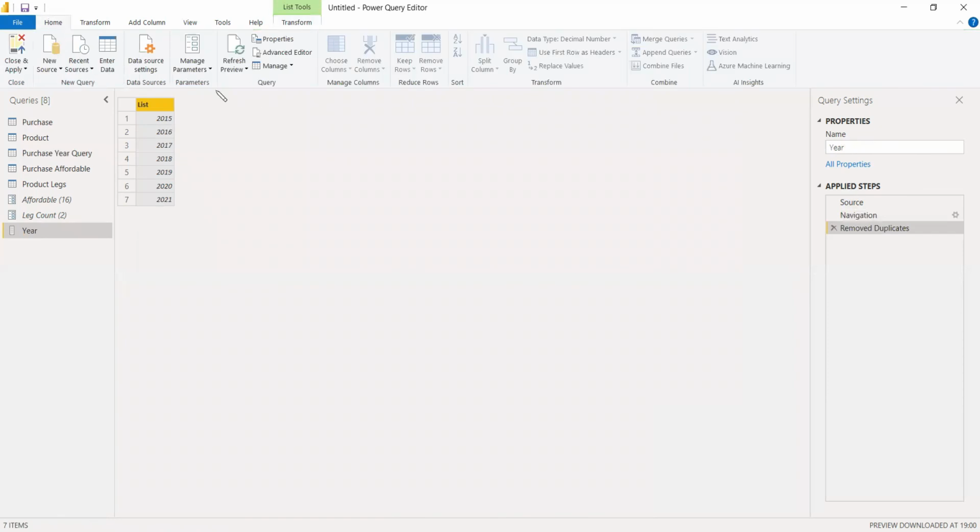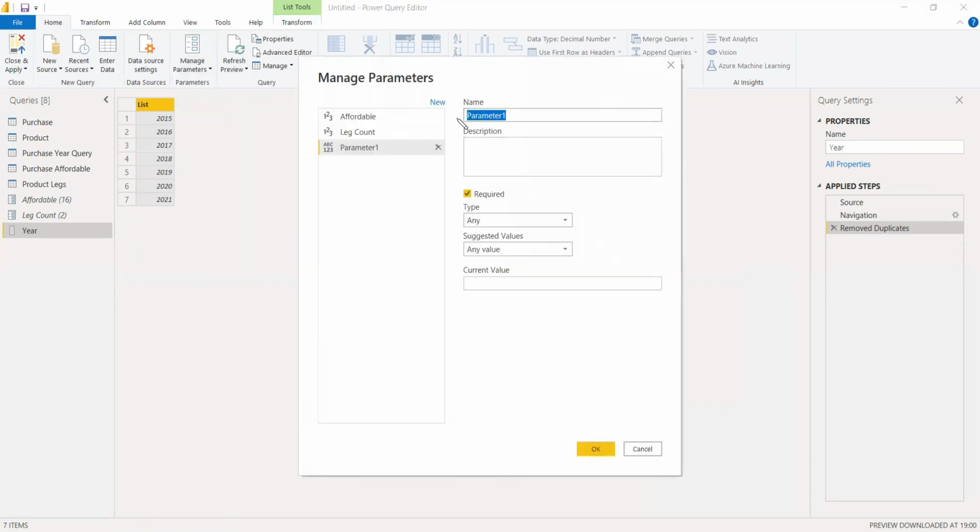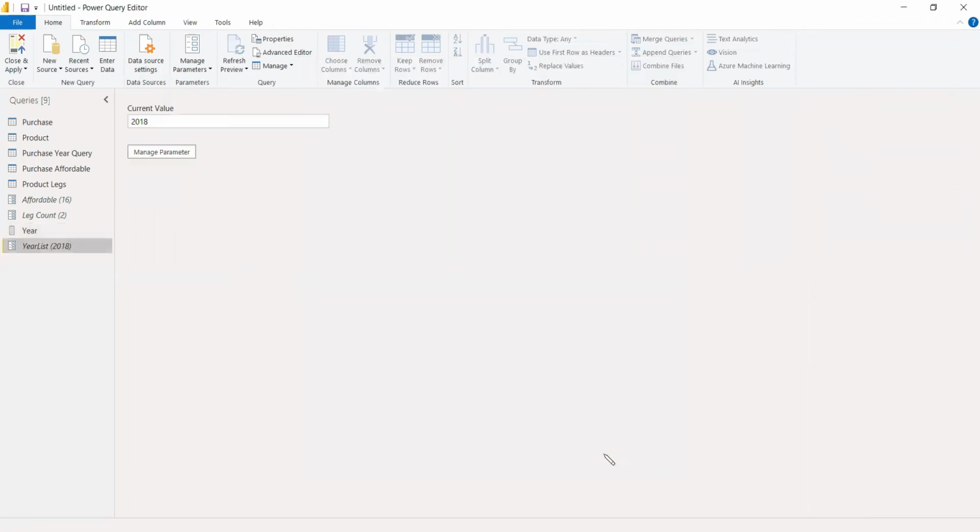Now we can go to Manage Parameters and add a new parameter. We give the name, and for the suggested value, we choose Query. Here the query name will be displayed, since we have created a query; otherwise it will be blank. For the current value, we can give 2018 and click OK.